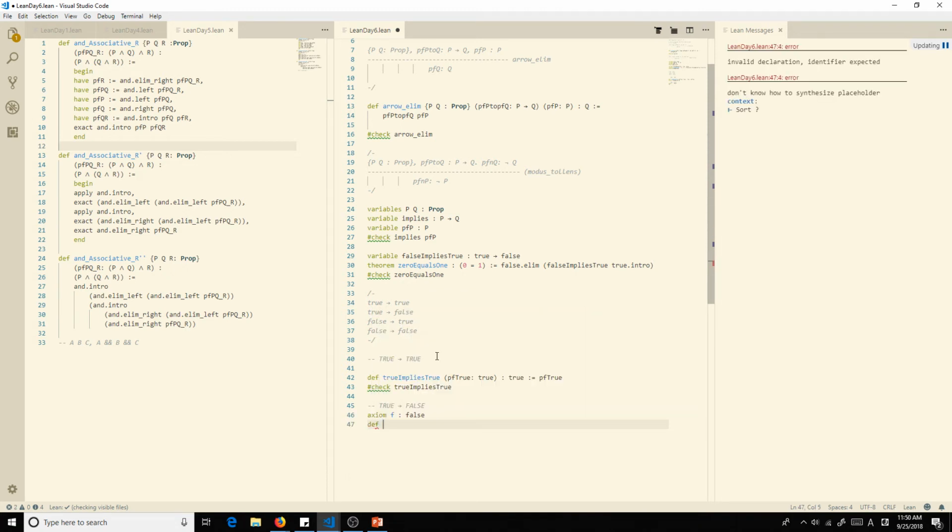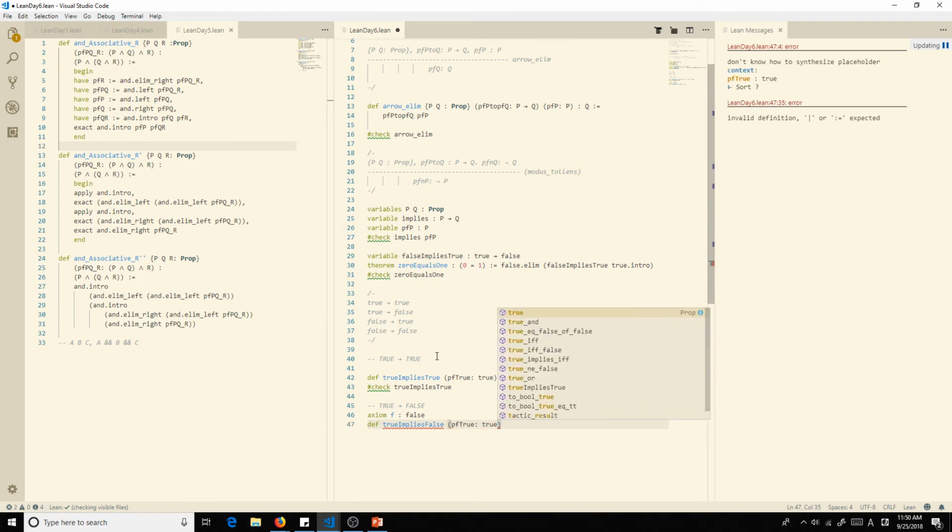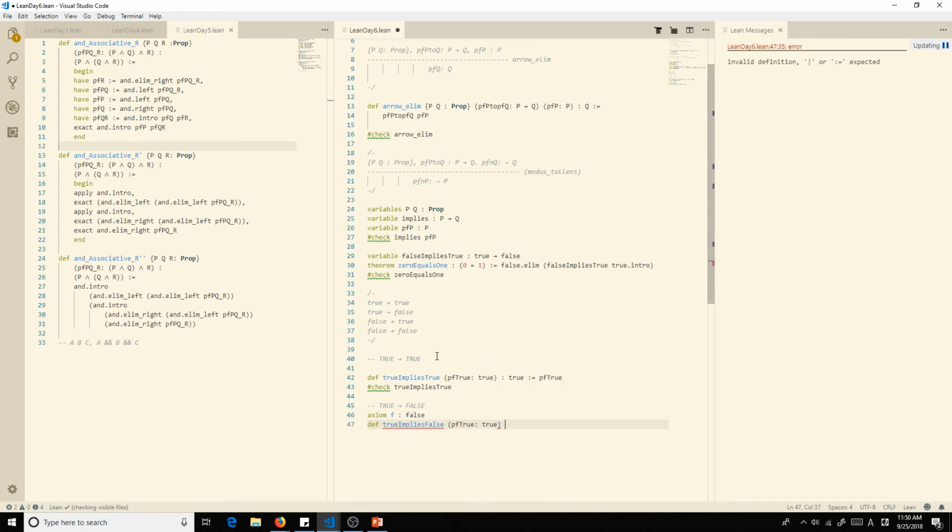We have a definition: true implies false. We need a proof. Can I call it just proof true again? Is true. And we're getting false out of it.